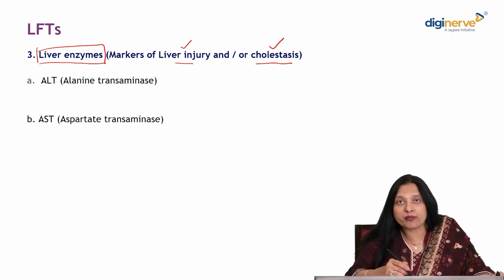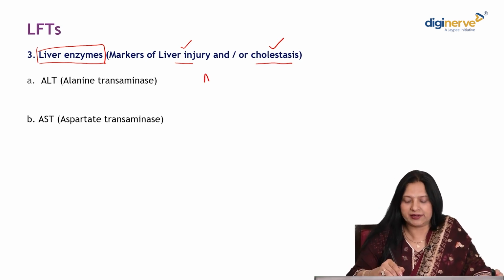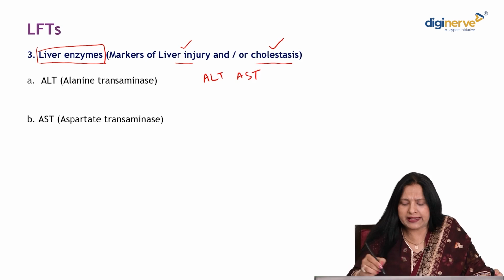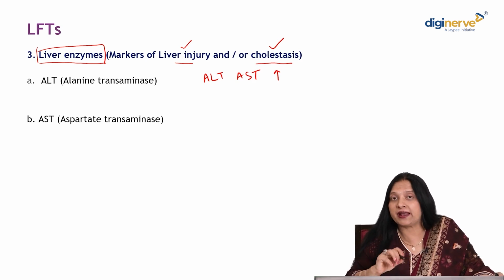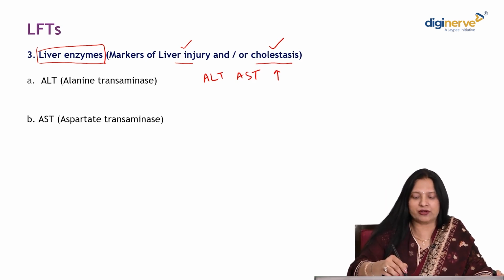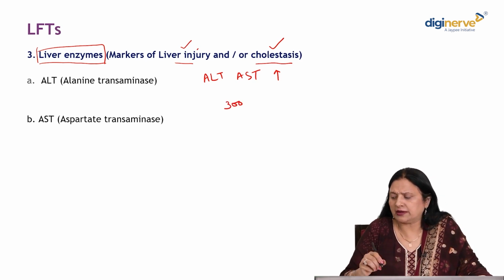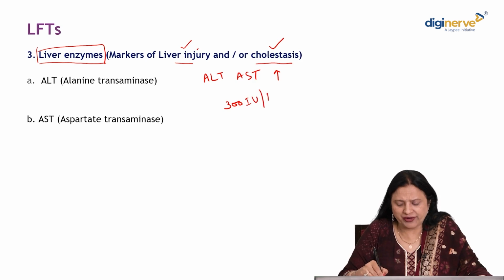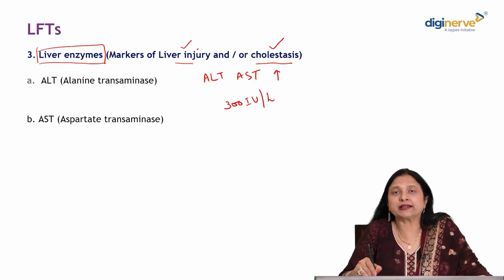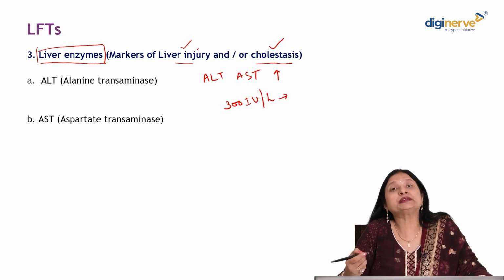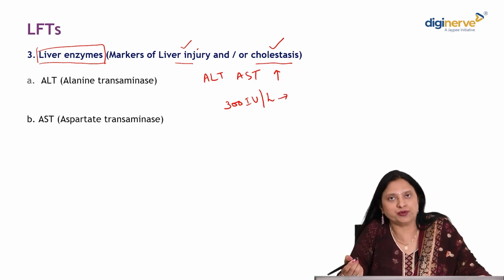These are again very commonly done enzymes for liver dysfunction. ALT and AST normal levels are around 10 to 40 international units per liter, and both enzymes increase in various liver diseases and are markers of hepatocellular damage. A moderate increase, up to about 300 international units per liter, is seen in alcoholic hepatitis, chronic hepatitis and autoimmune hepatitis.